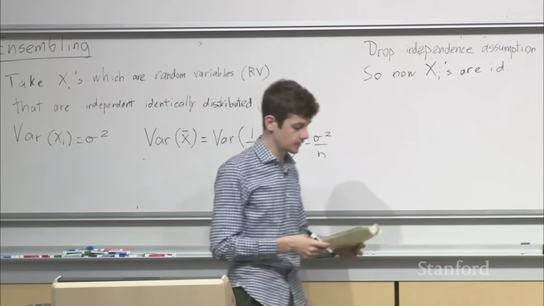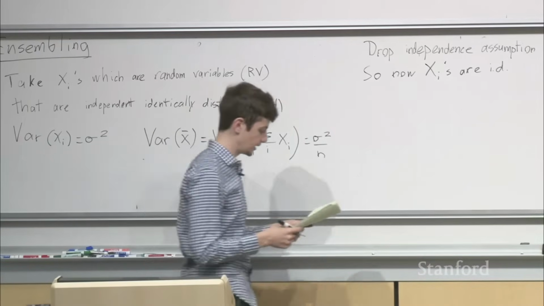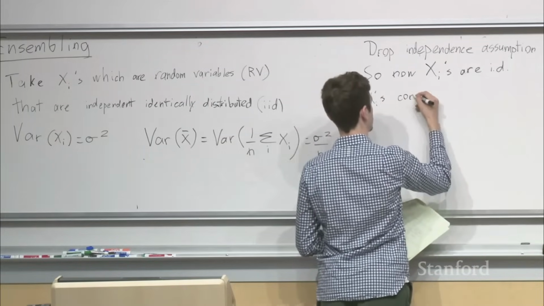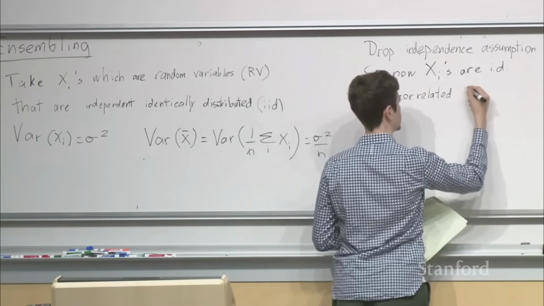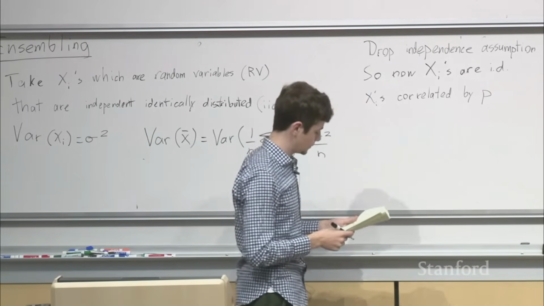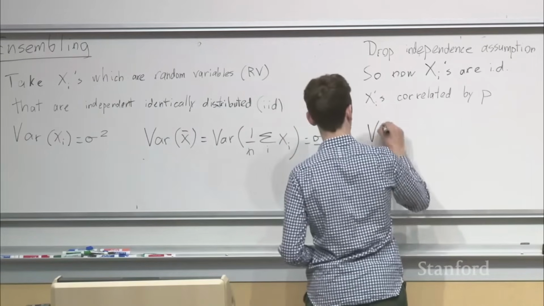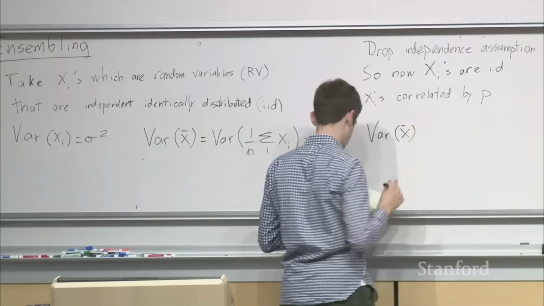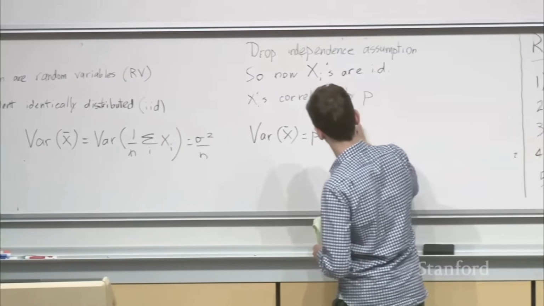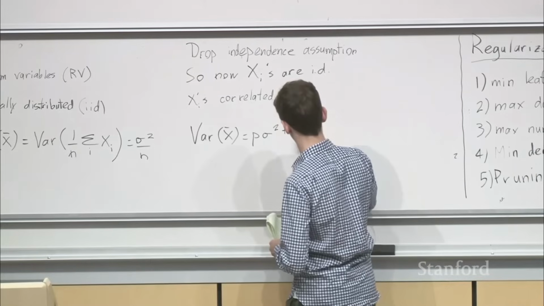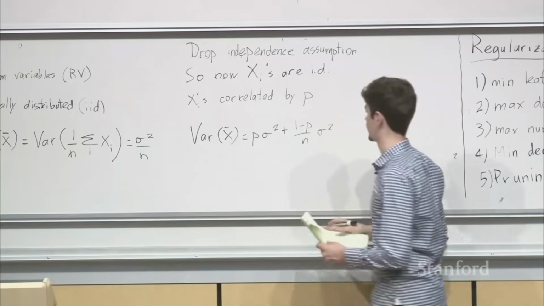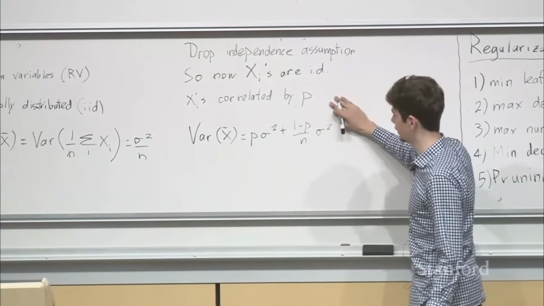Okay, and say we can characterize what the correlation between any two xi's is, and we can write that down as rho. Then you can actually write out the variance of your mean as rho sigma squared plus (1 minus rho) over n, sigma squared. And so you can sort of see that if they're fully correlated, then this term will drop